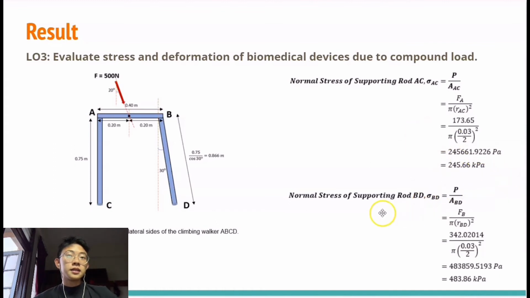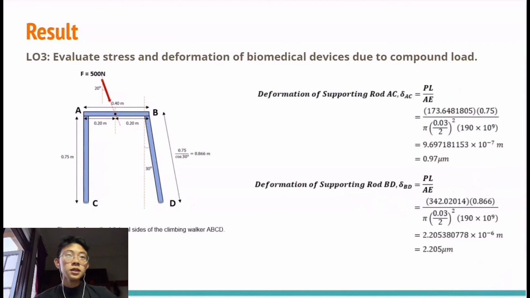It's lower than the supporting rod BD with 283.86 kPa. For the deformation, we will be using the formula PL divided by AE, where P is FA and FB respectively, L is the length of the rod, A is the cross-section of the rod, and E is the Young's modulus of stainless steel we assume, which is 190 GPa. So from calculation, the deformation equals 0.97 micrometer and 2.205 micrometer respectively for the two rods AC and